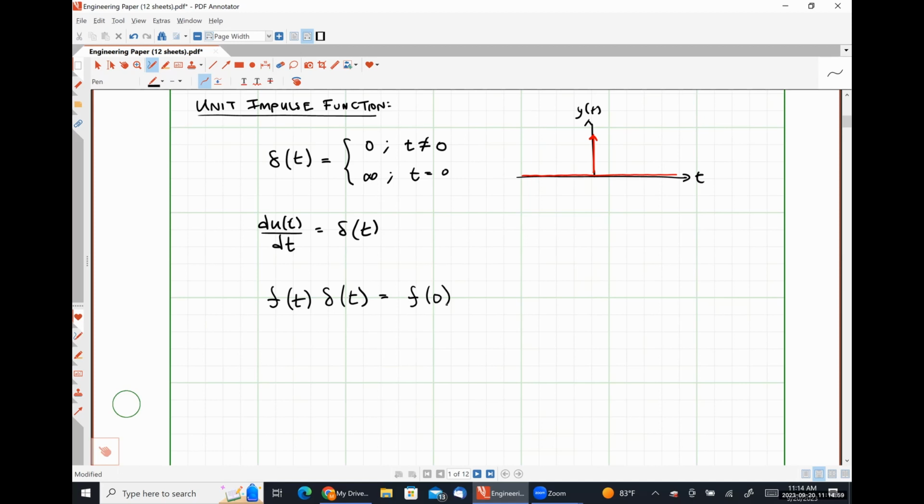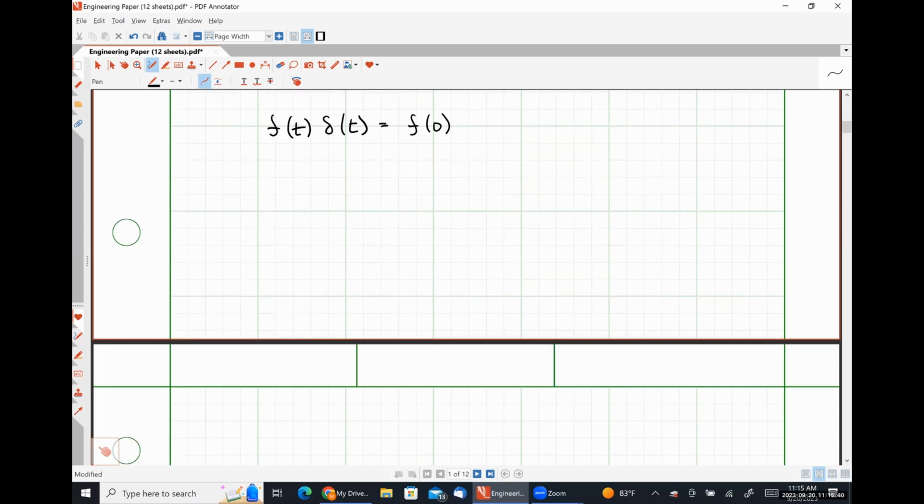So another reason why the delta function is so important is because a system's response to a delta function at its input has a very special name called the impulse response. We'll give a symbol here in a moment. And the impulse response can be used to determine how any particular system is going to respond to practically any particular input signal by decomposing said input signal into an infinite series of delta functions. So, putting all of that in its place,